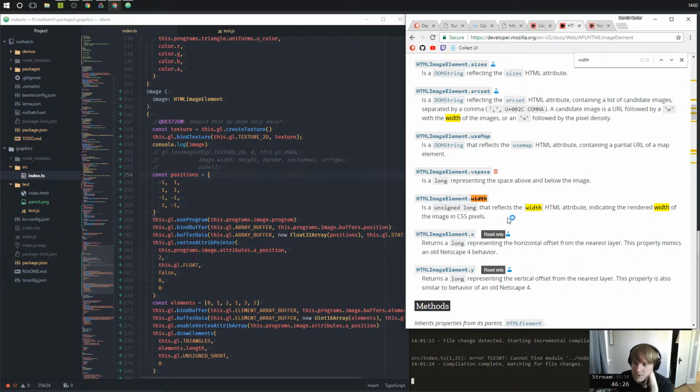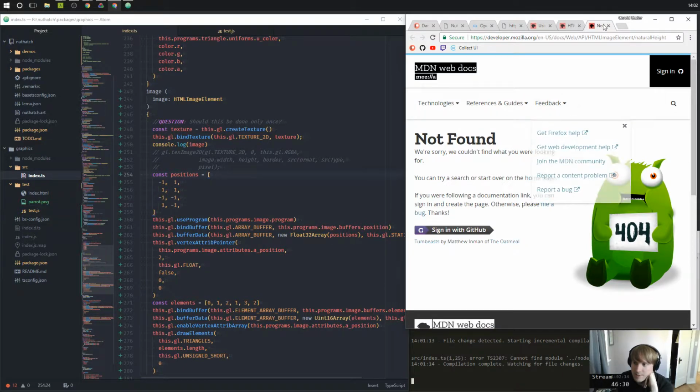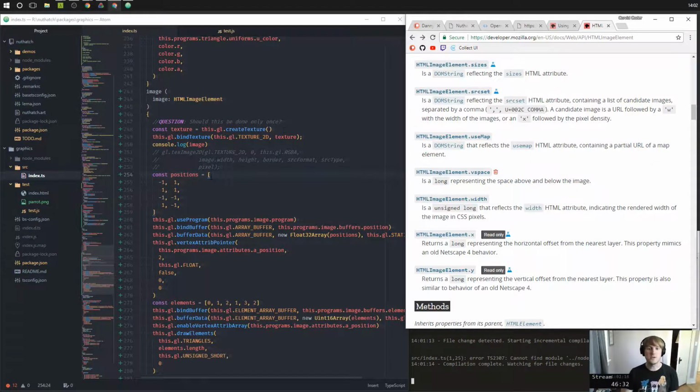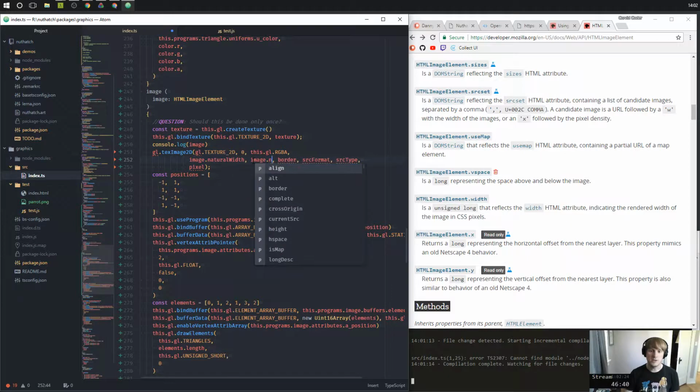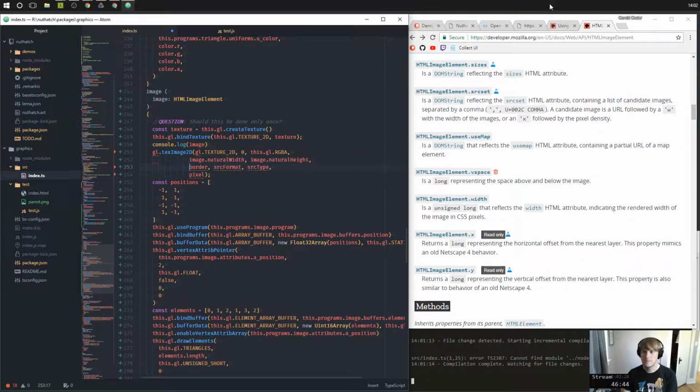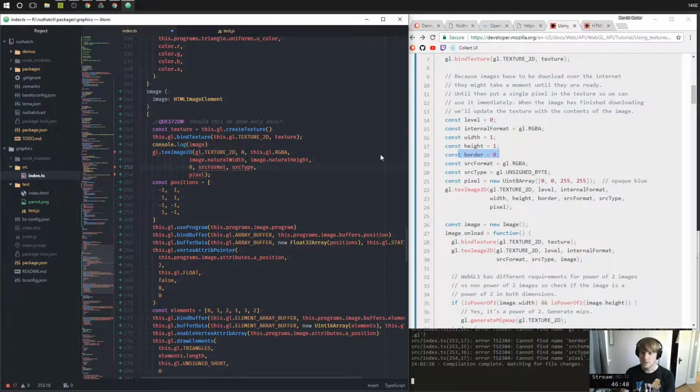The rendered width, so I don't think that's what I want. I'm pretty sure it's natural width, natural height. So let's bring this back. We're going to do image.naturalWidth, image.naturalHeight, border none. Source format, same format, gl.RGBA. Source type,